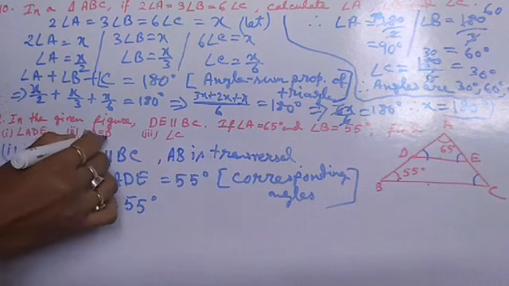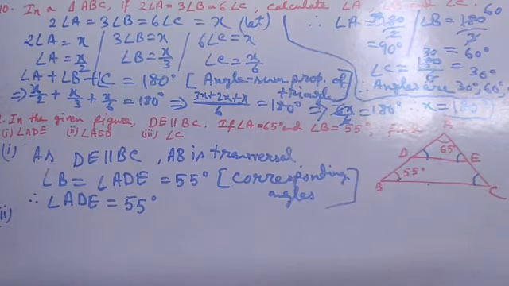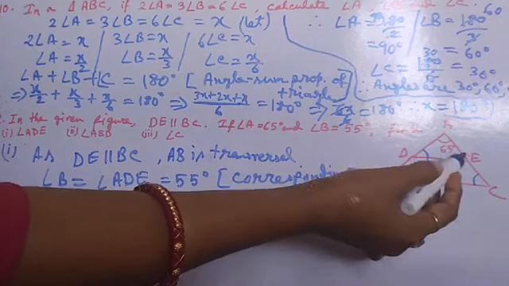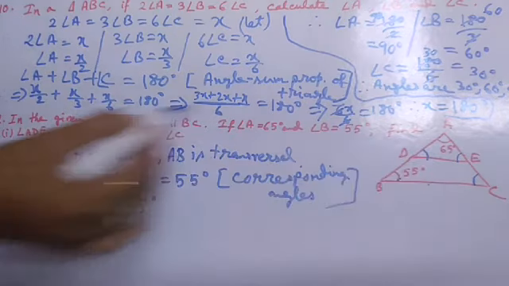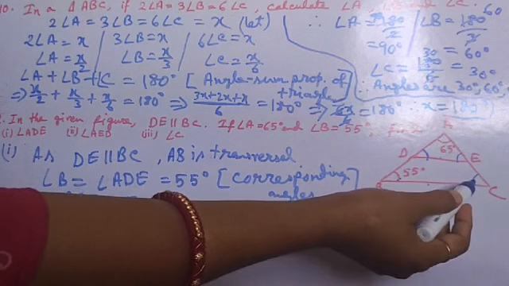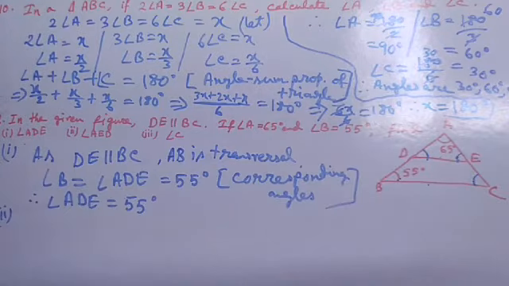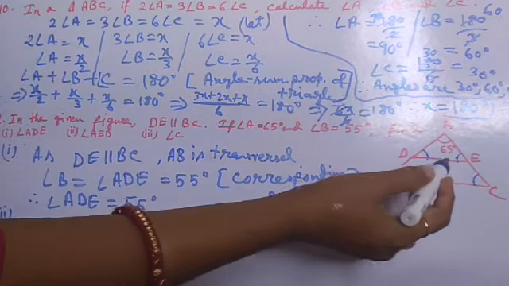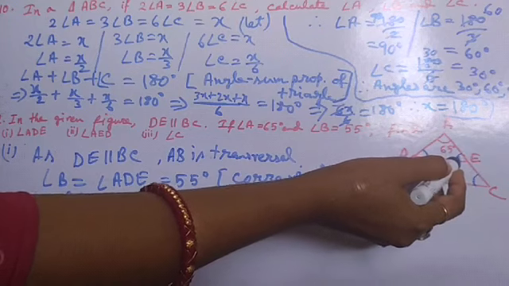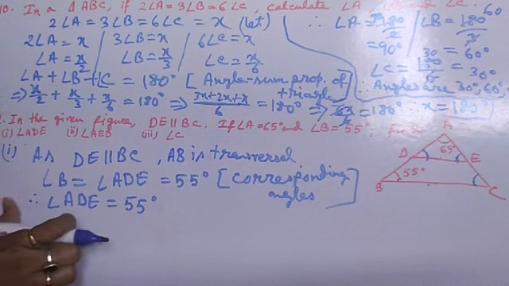Number 2 is angle AED. We have to find angle AED. One process to find angle AED is to subtract angle A and angle ADE from 180. Or another process: first we find angle C, and after that, by corresponding angles, angle C and angle AED are equal, because DE parallel BC. That's why these are corresponding angles. So first I will find angle C, that is number 3.